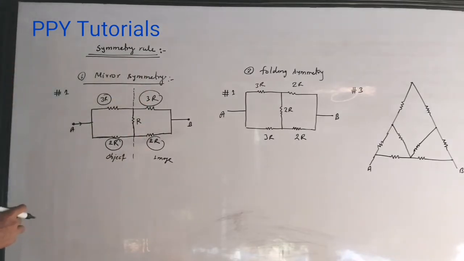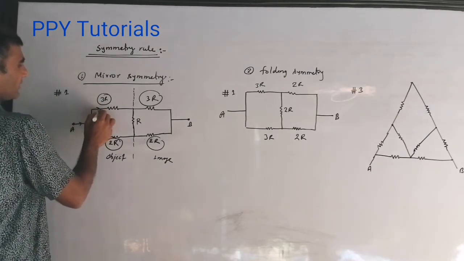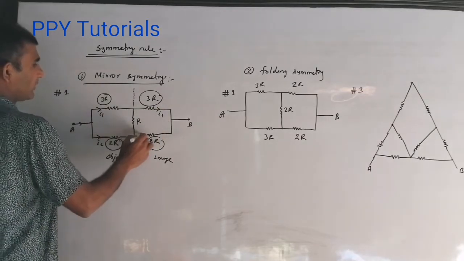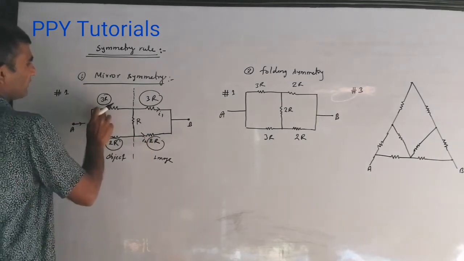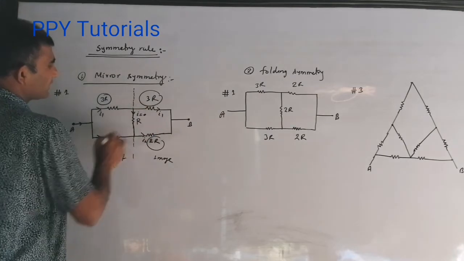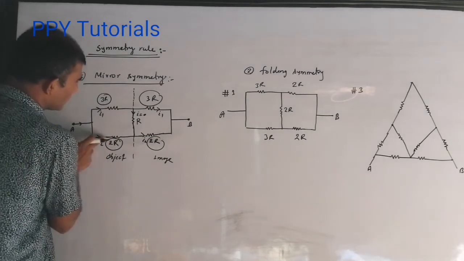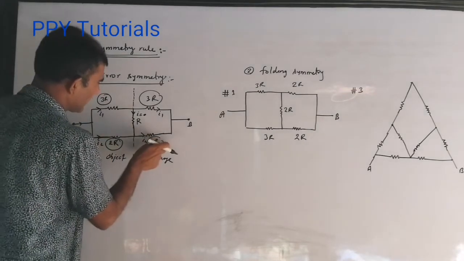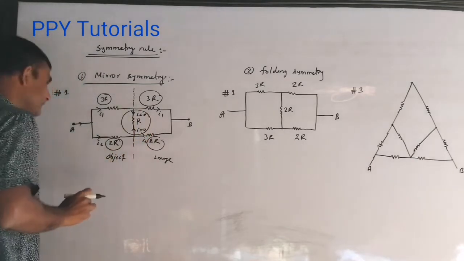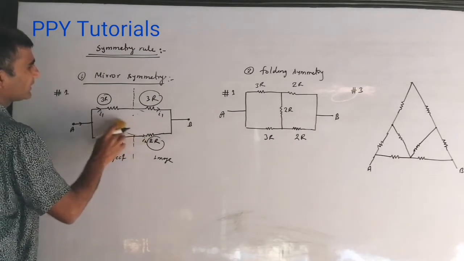In that case, we find this is the mirror symmetry. And if a mirror symmetry problem comes, then very simply you can find how much current is going here. I suppose this is I1, and this current will also be I1. This current is I2, then it will also be I2. See this, how much current is coming from this point, the same current is going there, so the current in this branch is 0. Likewise from here, the same current is going in that branch, so there is no current in this, that is 0, means there is no use of this resistance. I explained this in the last video. So this branch has no use in this case.